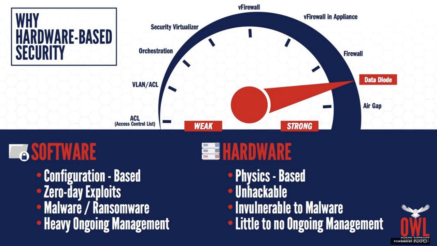If you think about other security measures, most of them, all of them, are software-based. They have some kind of configuration that is restricting flows or trying to restrict access. The basis for a data diode is that it's hardware secured. What that prevents is vulnerabilities that are due to malware. There's limited management because once you've configured it to operate, you don't need to be updating it with signatures and modifications and those kinds of things.